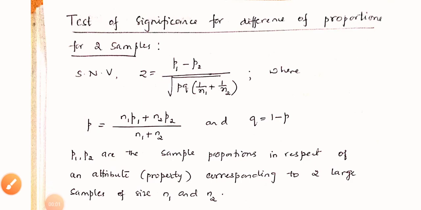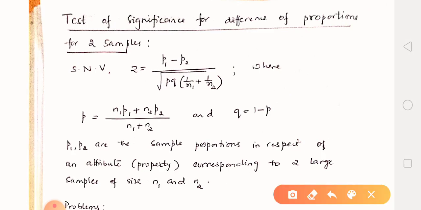Hello students, in this video we will study the test of significance for difference of proportions of two samples. Whenever we have proportions for two samples, the expression for standard normal variate Z is P1 minus P2 divided by square root of PQ into 1 by n1 plus 1 by n2,